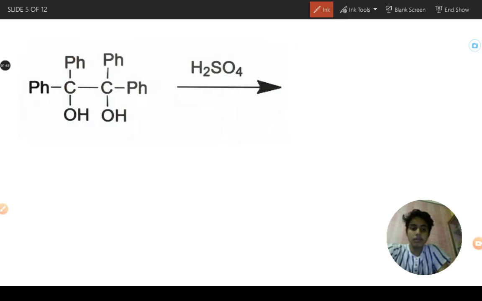See, you are looking at a compound given on the left side reacting with H2SO4. What is this compound? This is the Pinacol that I have said, the Pinacol-Pinacolone reaction. Here Pinacol is converted into Pinacolone. What is Pinacol? This compound is Pinacol. You must be wondering why Pinacol, why not another name? It is given the name Pinacol because it has two adjacent diols here.